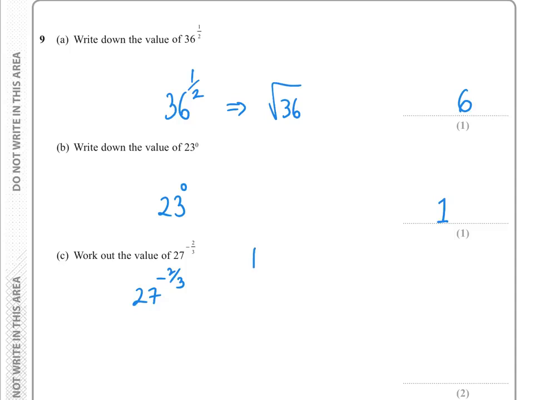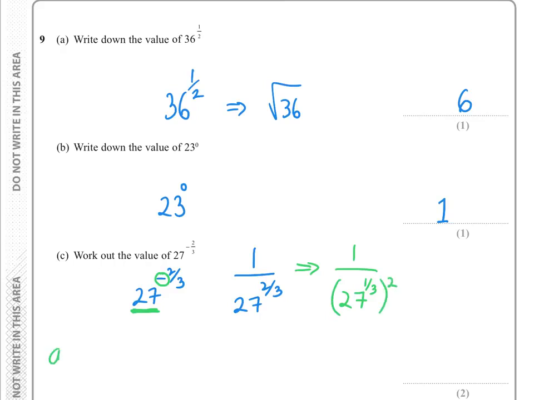That will be the same as 1 over 27 to the 2/3, because that's what the negative power does. It takes the base and it finds the reciprocal, i.e. 1 over it. And the denominator, 27 to the 2/3,